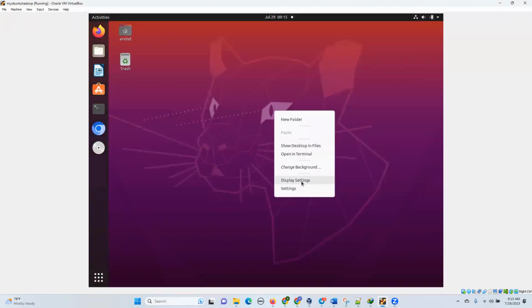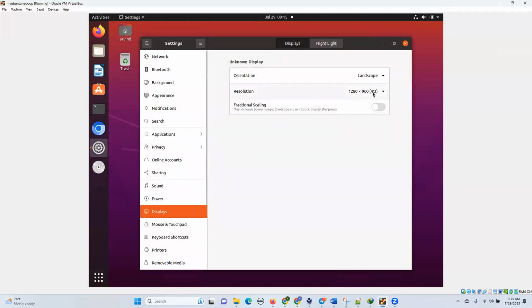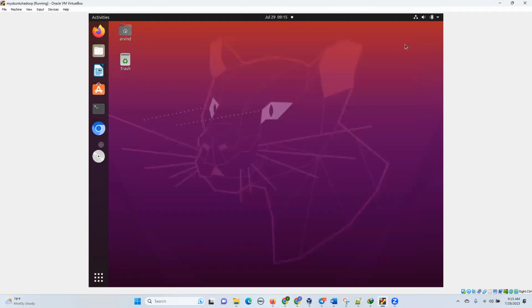First of all, you can change the display settings, because you will get a very small minimized window. So you can change the resolution, and then you can increase the window size. Okay. Next thing is